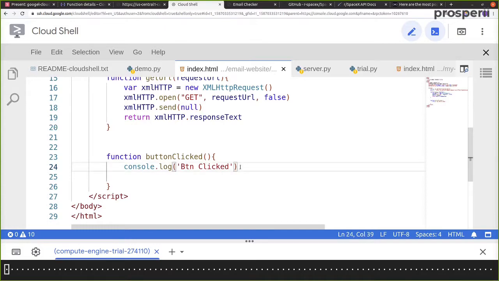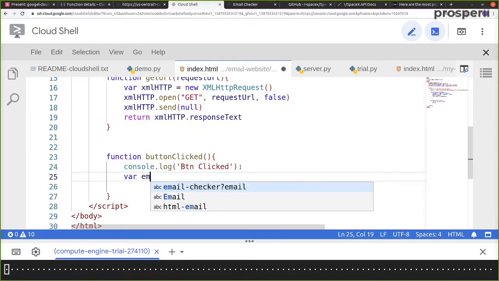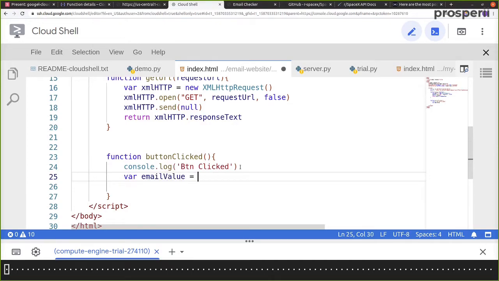So now we want to get the value from this particular text area. So to do that, we will again be using a method given by the browser. So over here we have var email value. So now email value is document.